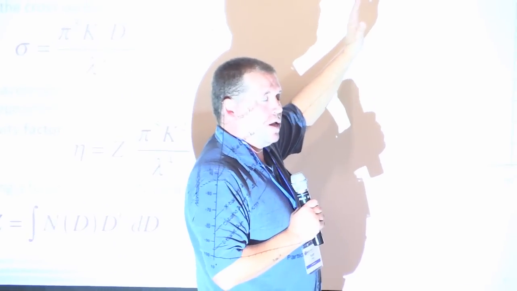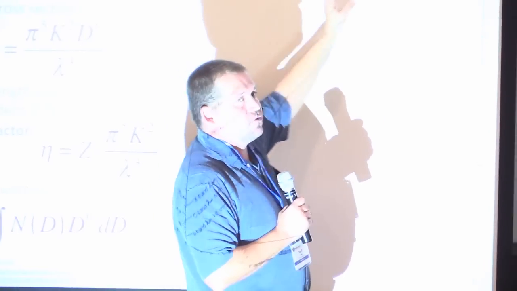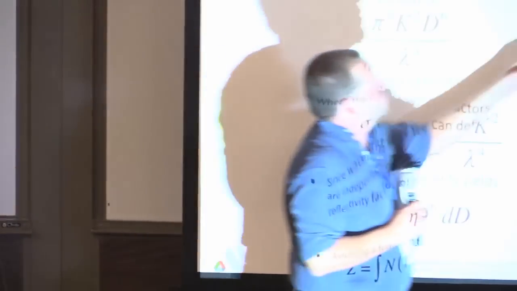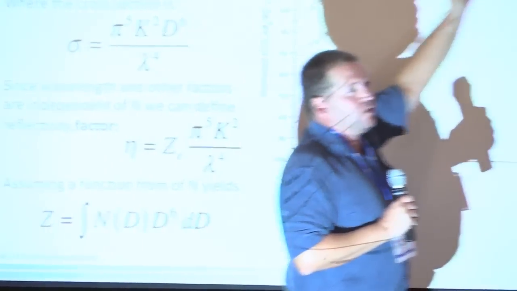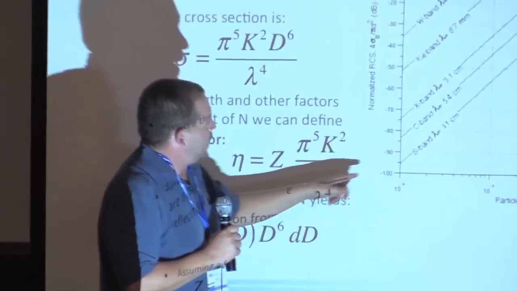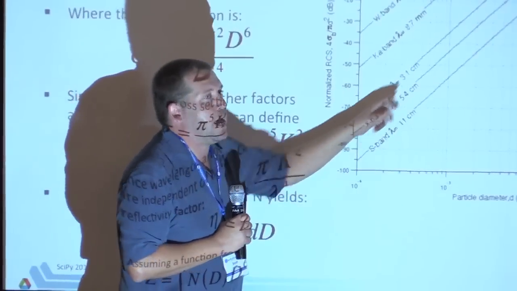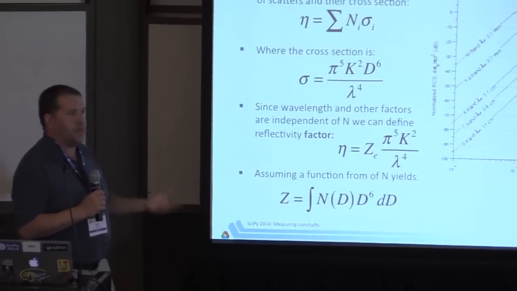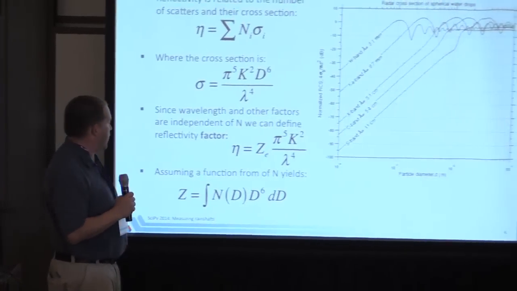When the particle gets to around about the same size or much bigger than the drops we're scattering off, it's no longer what we call Rayleigh scattering. It actually starts scattering off internal structures in the drop, and you basically lose information there. You can no longer get this nice region where the returned power is basically proportional to the number of drops and their diameters, so we can get geophysical insight.